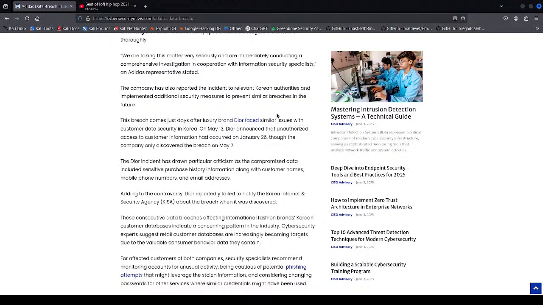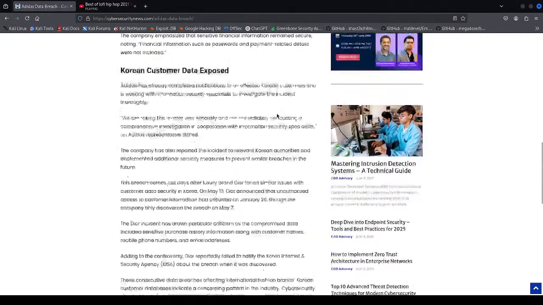This breach comes just days after luxury brand Dior faced similar issues with customer data security in Korea. On May 13th, Dior announced that unauthorized access to customer information had occurred. January 26th, through the companies only discovered the breach on May 7th. Wow. The Dior incident has drawn particular criticism